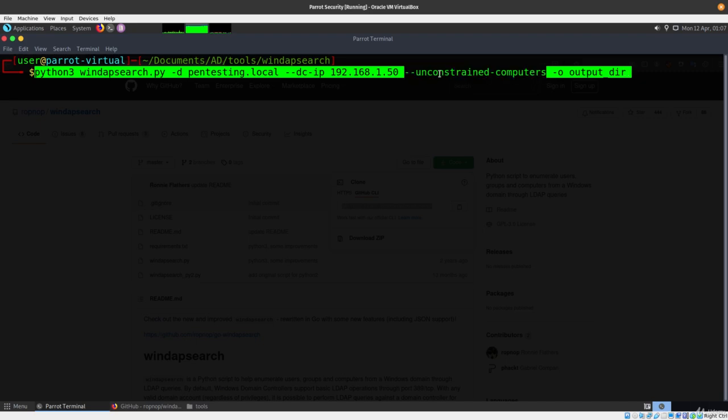So let's say that we can have a domain admin connect to these unconstrained computers, and from there we can impersonate that domain admin. So you're going to be looking at that. That's something that a lot of people look for because it's a really easy attack. So let's go ahead and say, I just want to see if there's any unconstrained computers in there, and let's go ahead and output to the data